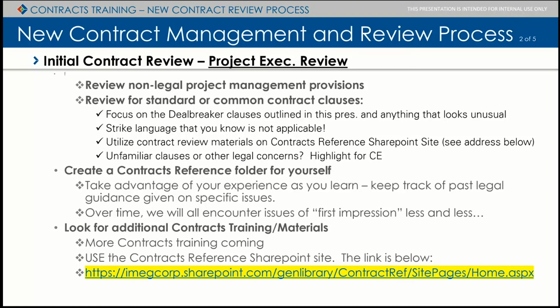One thing I do want to point out, and the last thing you probably want to hear about is another SharePoint site. But I really try to keep this up to date. The contract reference site. I post out there general legal issues, things that I'm seeing quite often. I try to give very practical language that you can use, very specific guidance. And it's really easy to just go in there and look to see if your question has been answered, or if there's some language you can use, or what it's used for by a lot of people is the reasoning